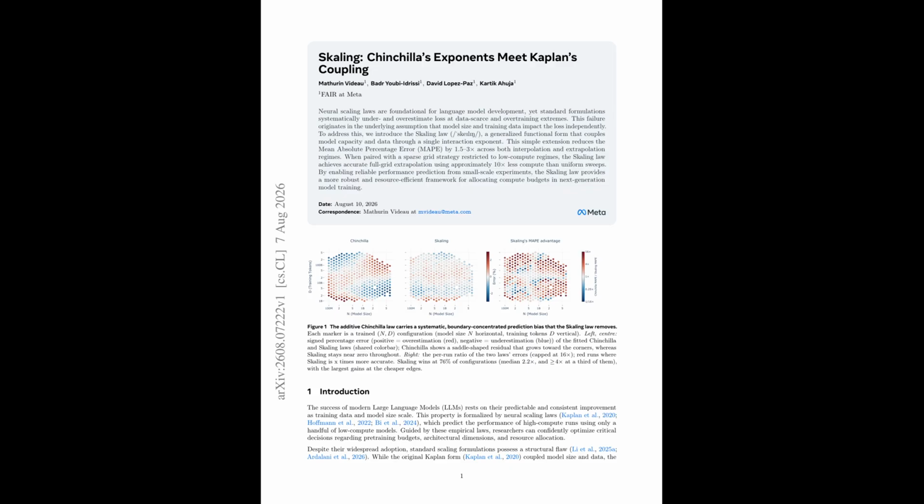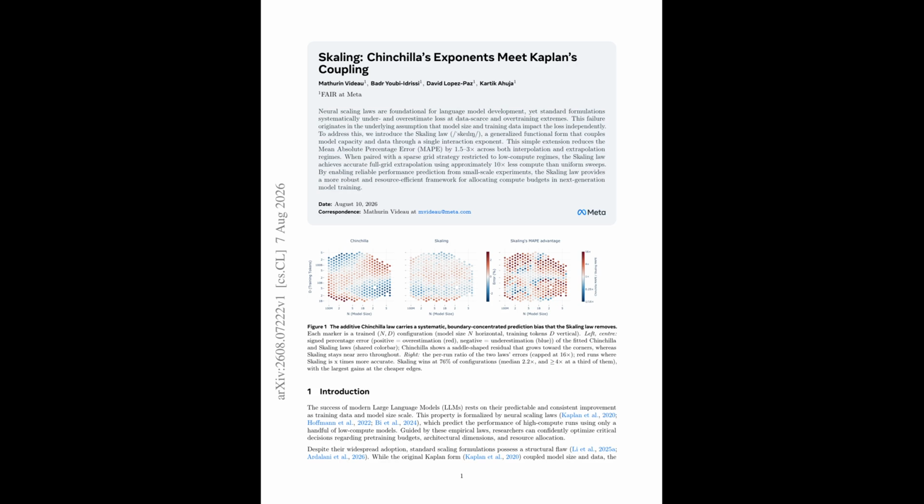There are some caveats worth surfacing. The paper notes an identifiability issue. The coupling exponent K and the irreducible loss floor E trade off against each other because none of the runs reach true saturation. Skaling tends to push the floor down close to 0 on some datasets, which the authors are careful to say does not mean loss actually goes to 0, just that the fit resolves the ambiguity in a